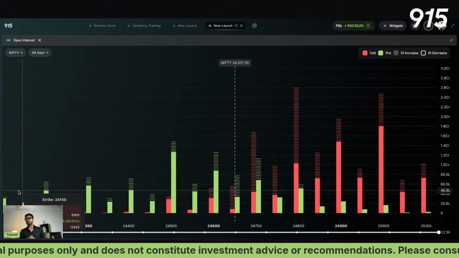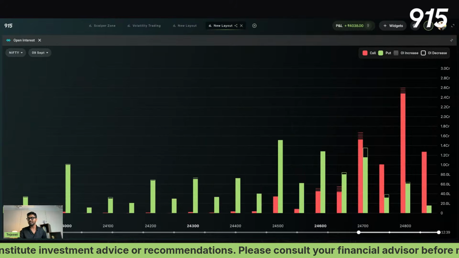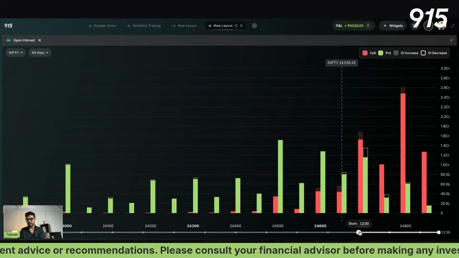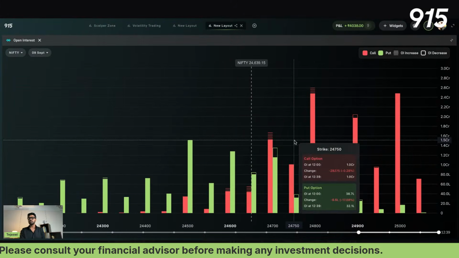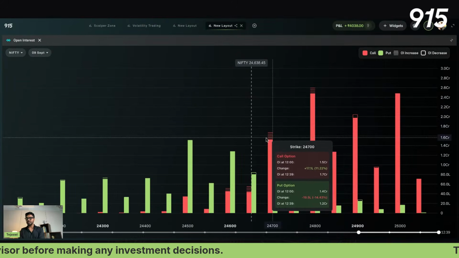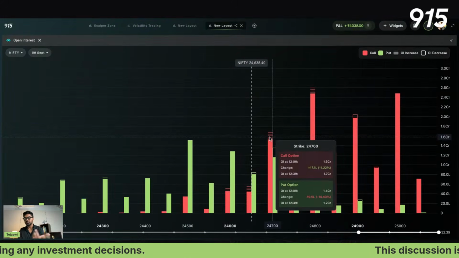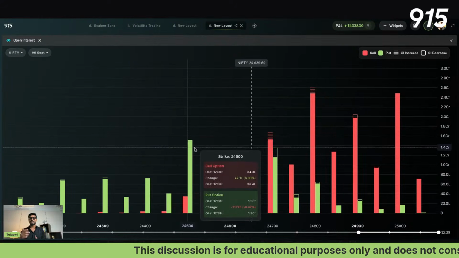If I can further do one more thing, that is I can look at what is the open interest since the last, what time is it, 12 o'clock, right? From 12 to 12:39, how has the open interest panned out? So you see there are still a lot of calls being added in the last 39-40 minutes, right? So this helps us in understanding how the market works and what is the current expectation of